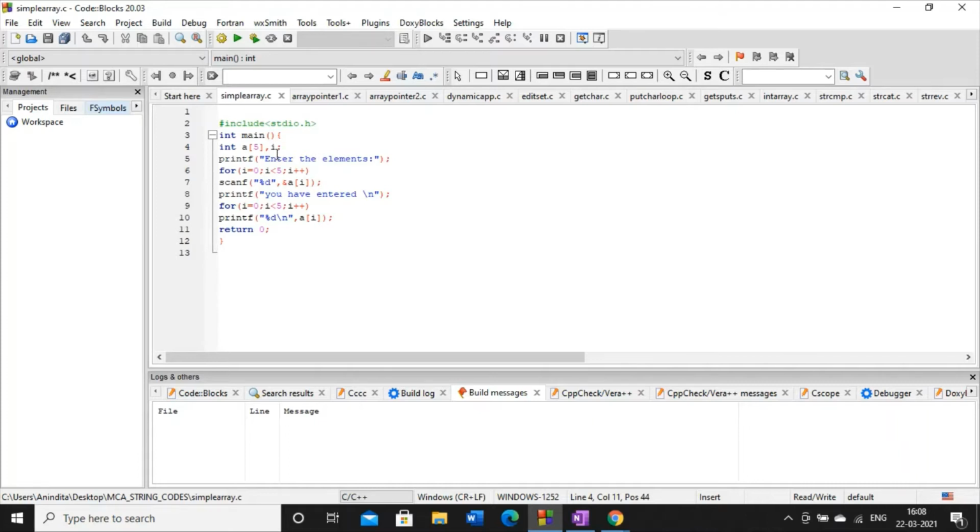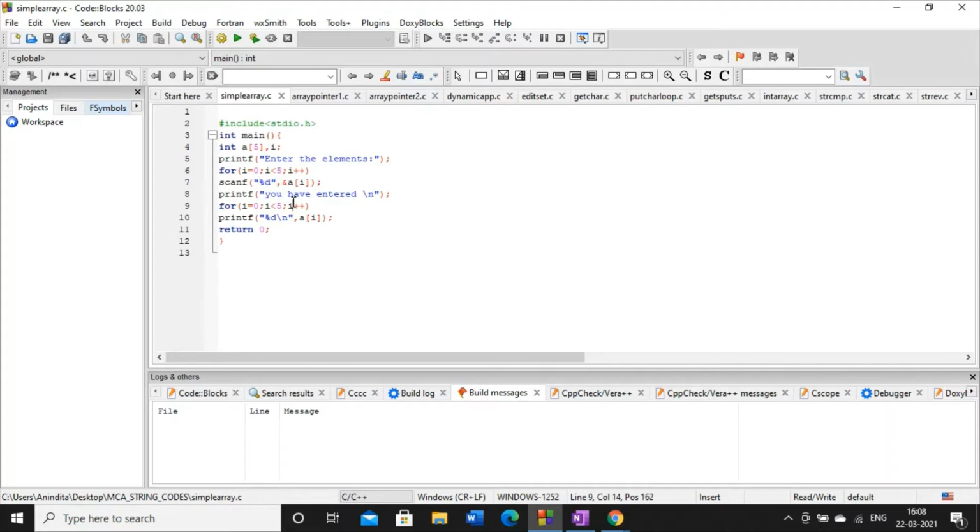So according to the first rule, first we have to take input from the keyboard. How can we take input? We have to use the scanf function. And in the scanf, what kind of value are we taking? We want to take some integer value because it is an integer array.